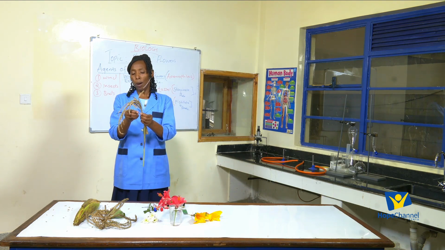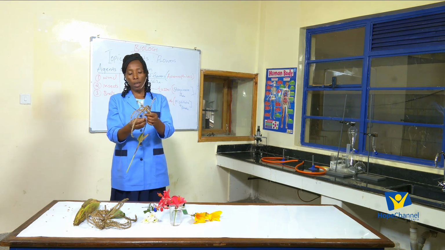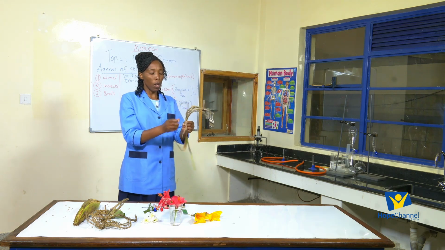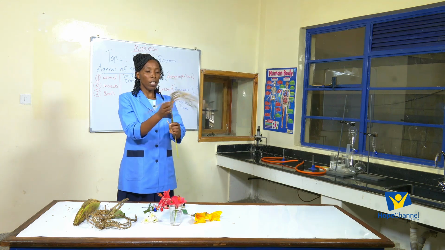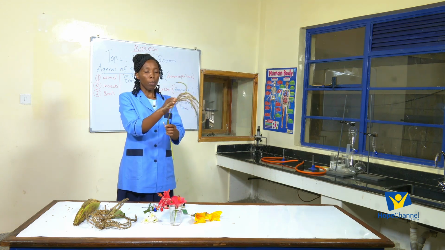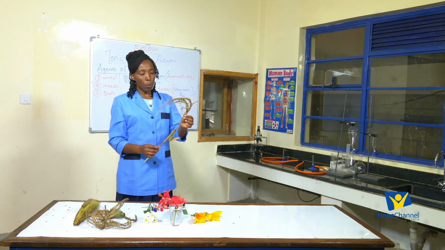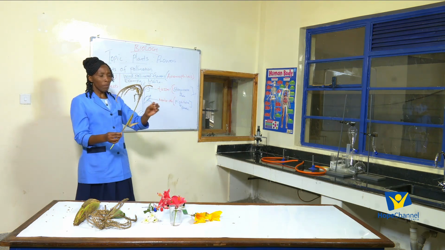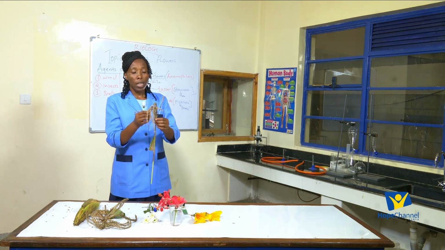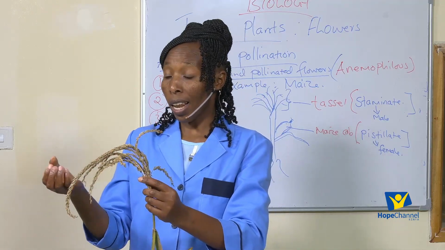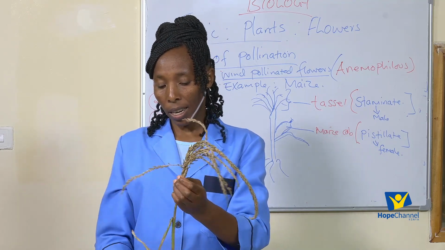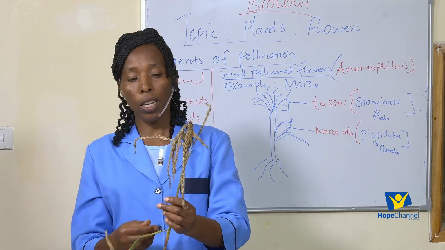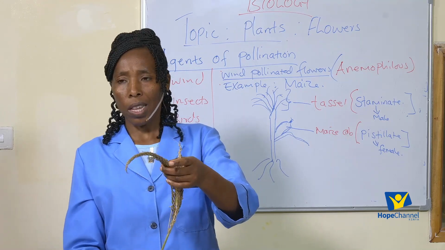So anytime there is flowering in maize, you will be able to see the pollen grains all over because they can easily be carried by what? By wind. So you can see in case of any wind, the pollen grains can be easily carried. So we are saying that in wind-pollinated flowers, an example is the maize plant. They produce pollen grains that are very small in the sense that they are light and they can be easily carried. Then if you realize that in wind-pollinated flowers,